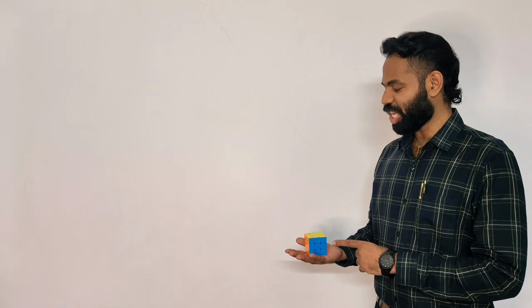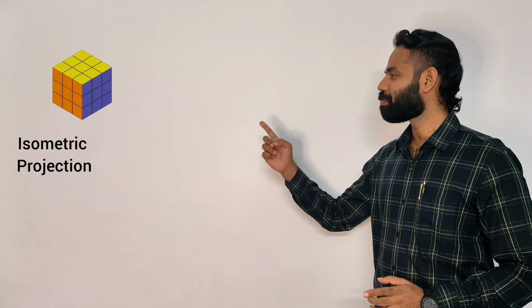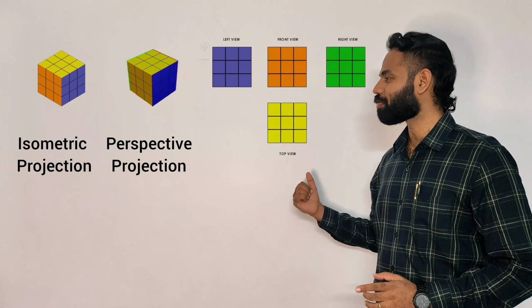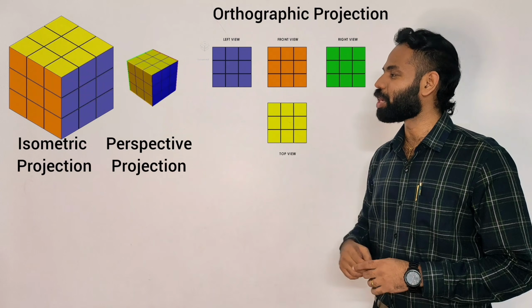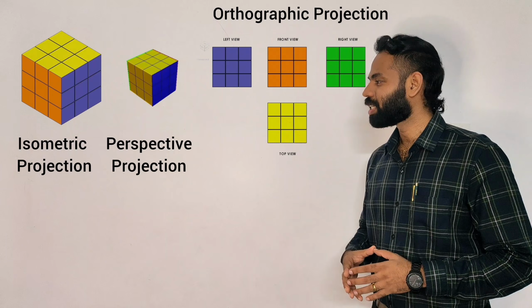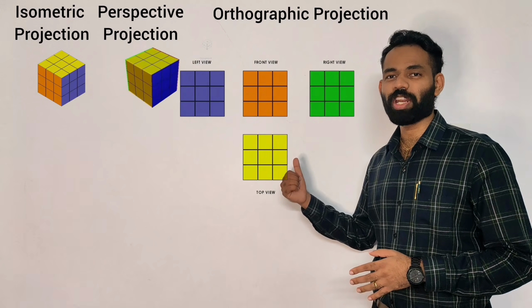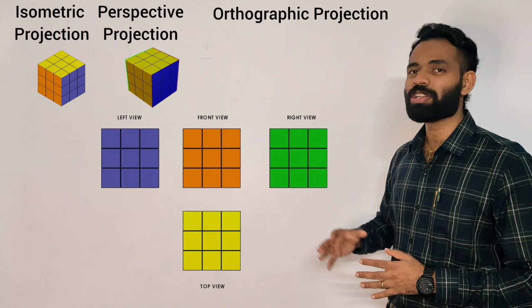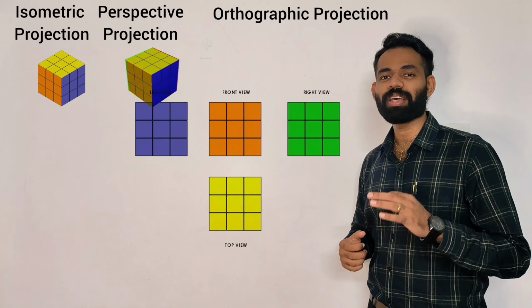Hi everyone. Have you ever wondered how to represent a 3D object on a 2D flat surface? The engineers and the designers do this every time. They use isometric projection, perspective projection, and orthographic projection. You can see in isometric projection, the three mutually perpendicular axes are equally inclined. In perspective projection, the faces are skewed. But in orthographic projection, it is a universal language for representing 3D objects on a 2D flat surface with accurate